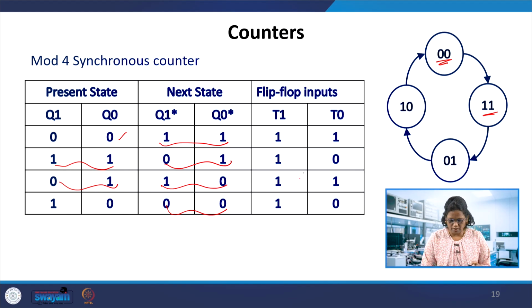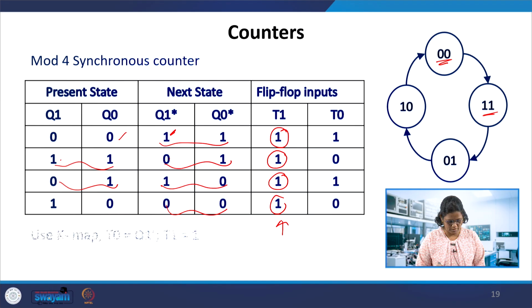For this, again you see how the flip flop inputs change from present state to next state. The 0 is complemented here, so T1 will be 1; this 1 is complemented here; again this is 1 0 and it is complemented, so T1 becomes 1 now.